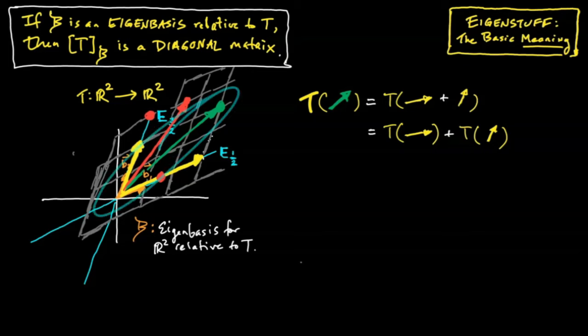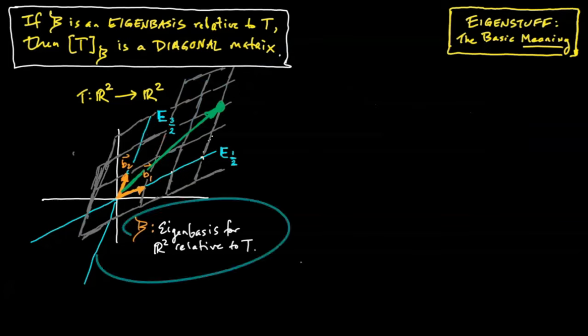So of our original, more or less random vector in R2, one of its components gets scaled by 1/2, the other gets scaled by 3/2, and as a result, the image of the original vector does not stay on the same line. It is not an eigenvector. It gets pulled off in another direction. Okay, so again, we see why an eigenbasis is nice geometrically. It reduces the effect of a linear map to just some scaling along various axes.